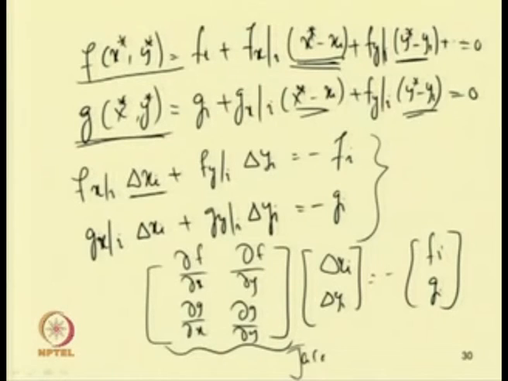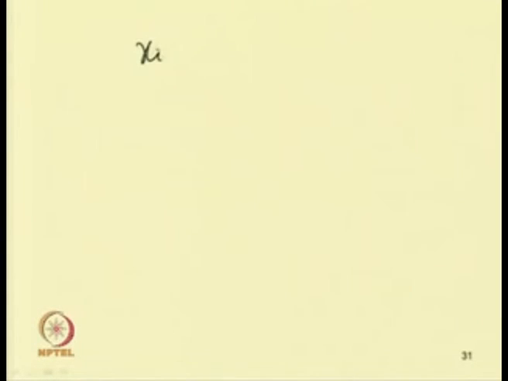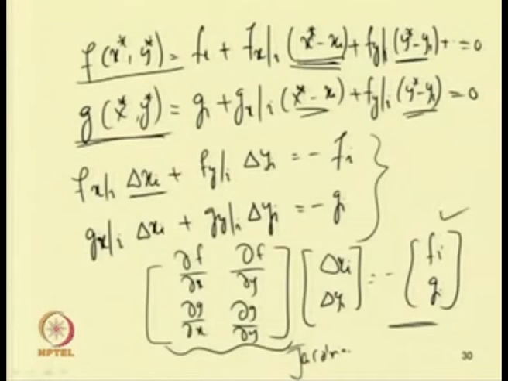So, one can obtain this Jacobian matrix J, which is the matrix of the first derivative, and then one can obtain this delta x i and delta y i from this equation. After getting this delta x i and delta y i, one can write x i plus 1 equal to x i plus delta x i. Similarly, y i plus 1 will be equal to y i plus delta y i. So, for two equations one can obtain the next iteration value numerically by using x i and delta x i, y i and delta y i by using this formula.